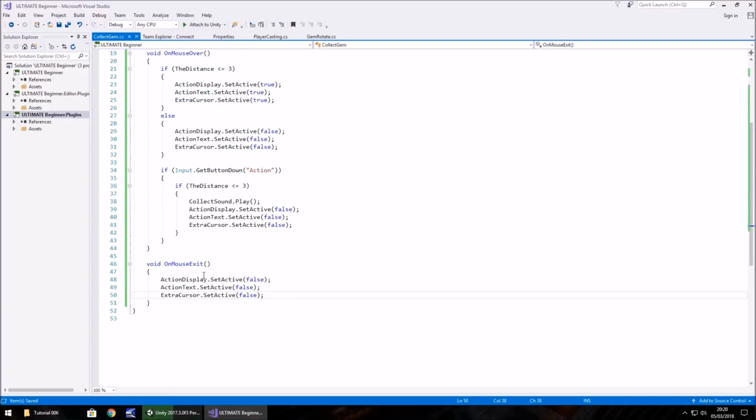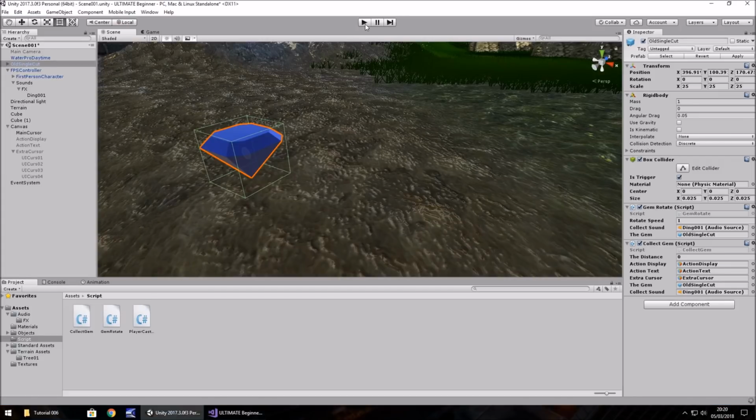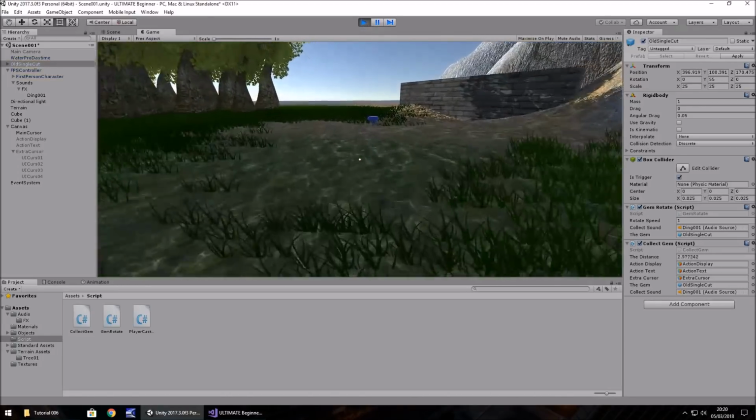And all we do to do that is here, once we've got the action button, less than 3, we've played our sound, gem.SetActive(false); semicolon, resave, head to Unity, press play, and now we can see